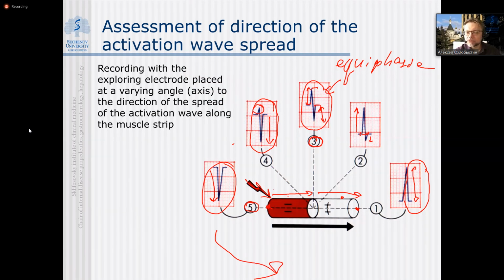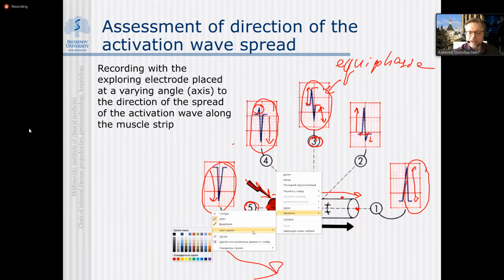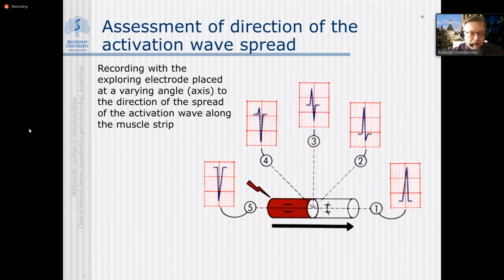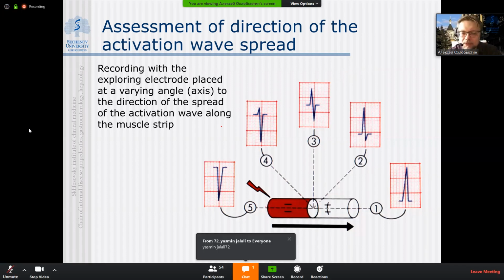And that's interesting, because actually in practice we have no idea where from and where to activation will go. We don't know whether our patient is having normal or abnormal myocardium. We don't know whether activation will go from the normal origin or from, just a second,